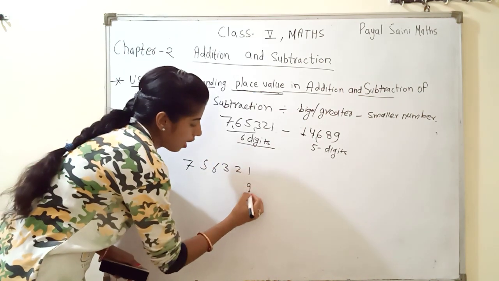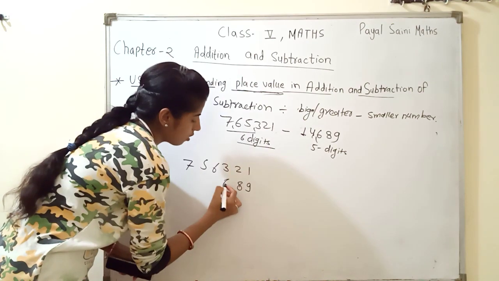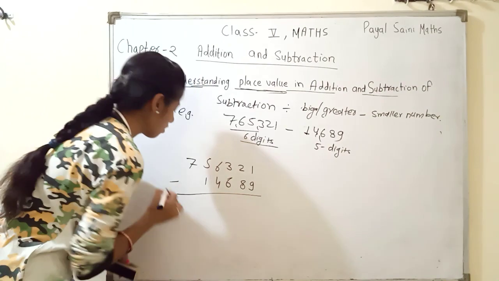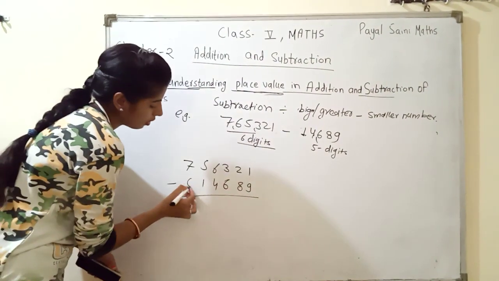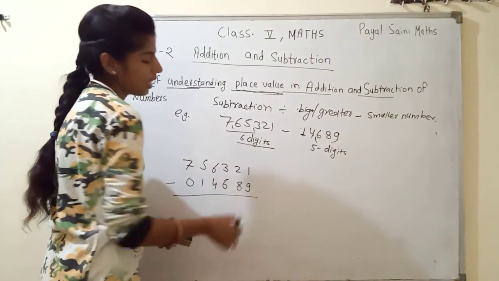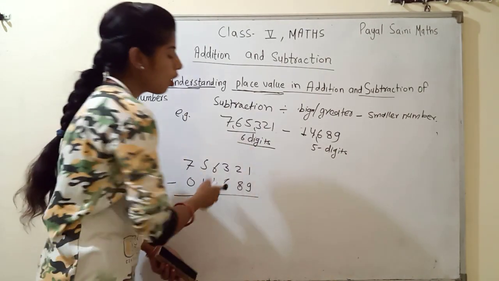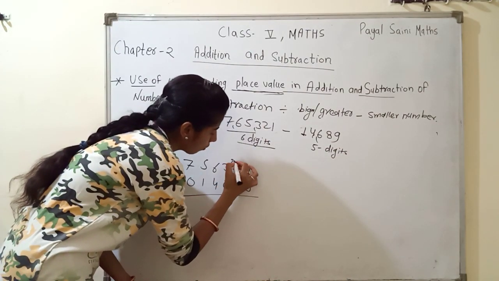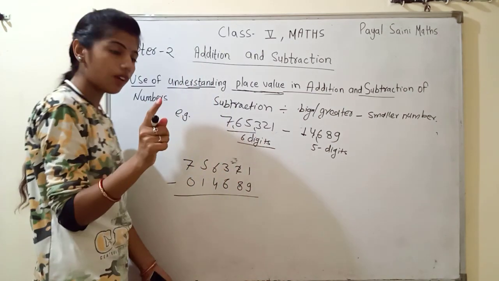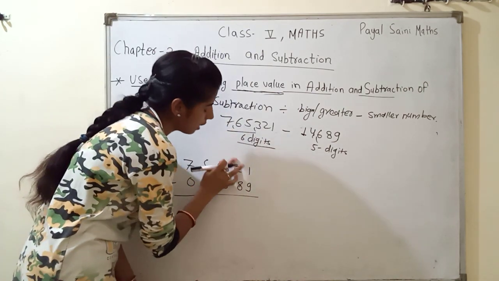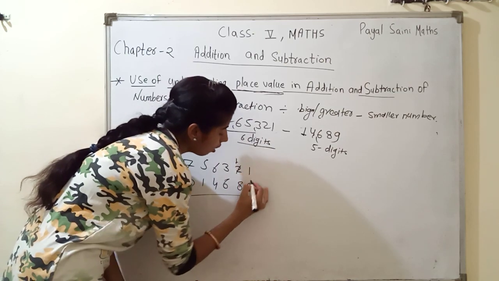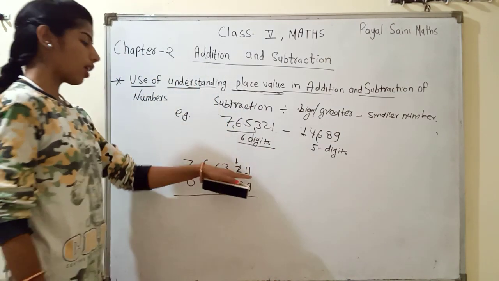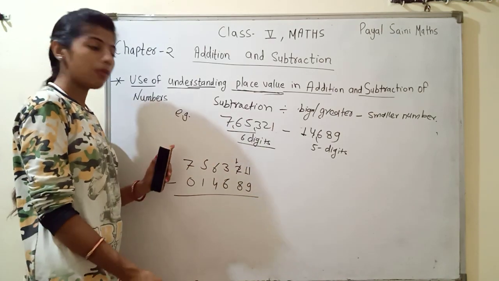Now next is 9, 8, 6, 4, 1 and the minus sign. There I put here 0. Then 1 minus 9 is not possible. Then how do we borrow? When we borrow from here, then here is 2 minus 1. We borrow only one digit, only one number, then here what is left is only 1, and the borrowed number we write here, then it makes 11, 11 minus 9.